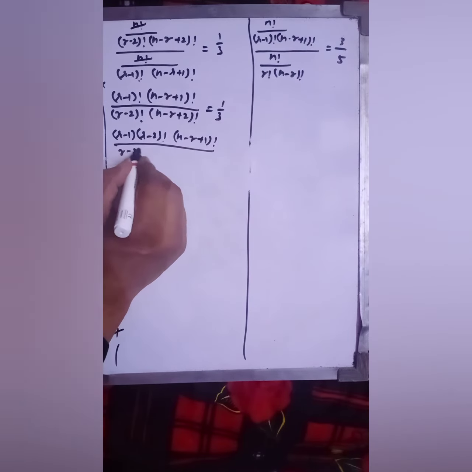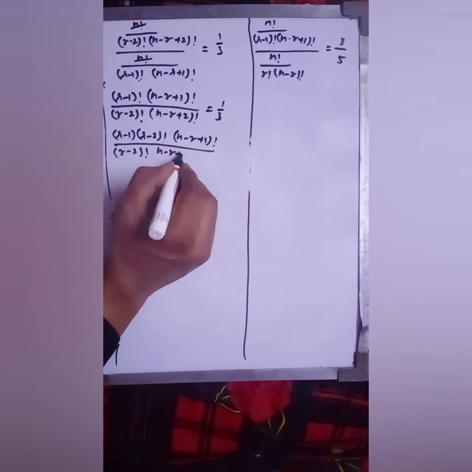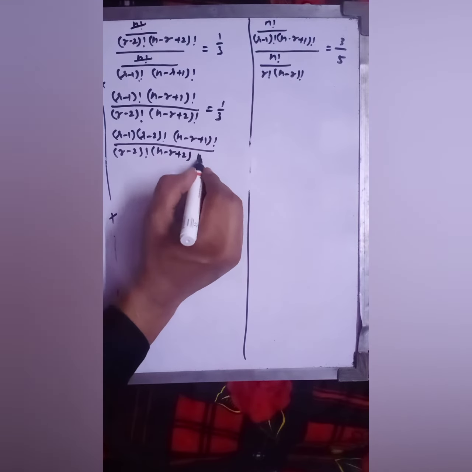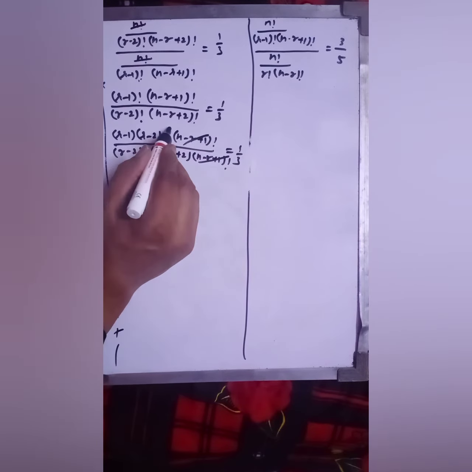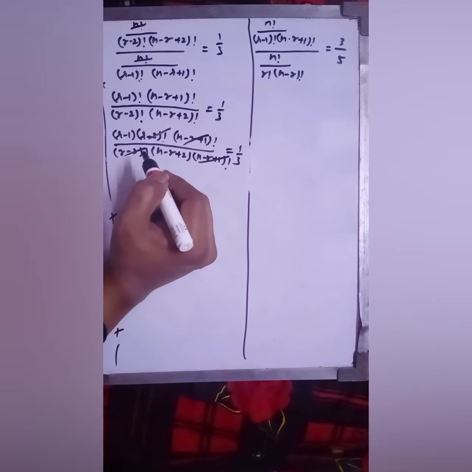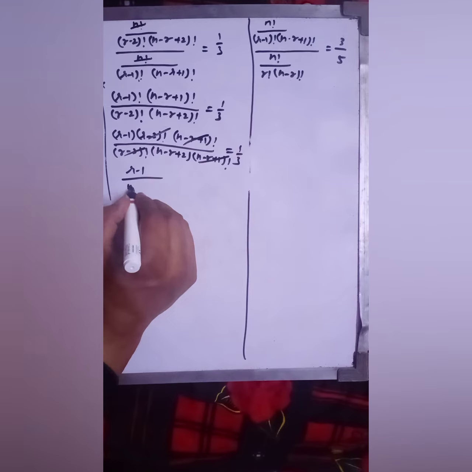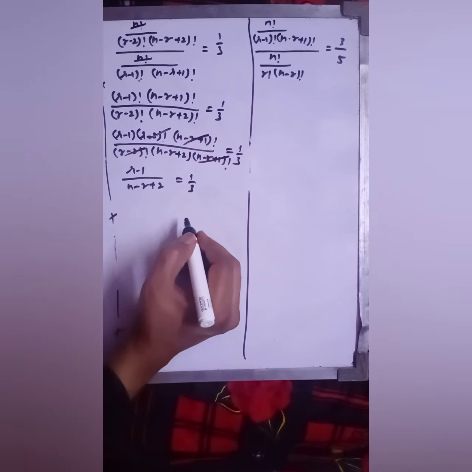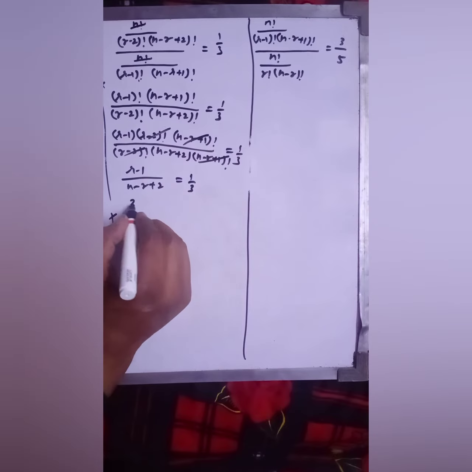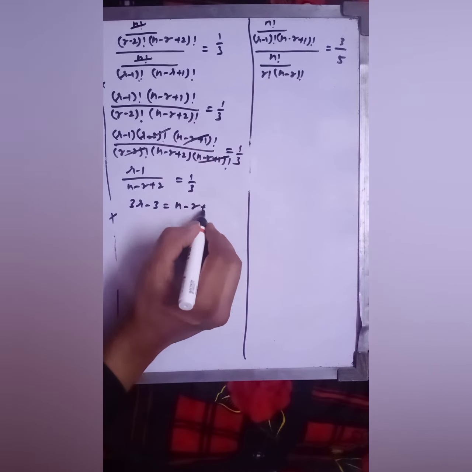नीचे वाला आपका r minus 2 factorial will remain the same. इसको आप सॉल्व करो, n minus r plus 2, जिसके अगली वाली टर्म आएगी n minus r plus 1 factorial, that is equals to 1 by 3. तो ये पार्ट इससे कट गया, r minus 2 factorial से कट गया बेटा. तो लास्ट में आपका बचा r minus 1, that is over n minus r plus 2, that is equals to 1 by 3. Now just you have to cross multiply. 3r minus 3 is equals to n minus r plus 2.